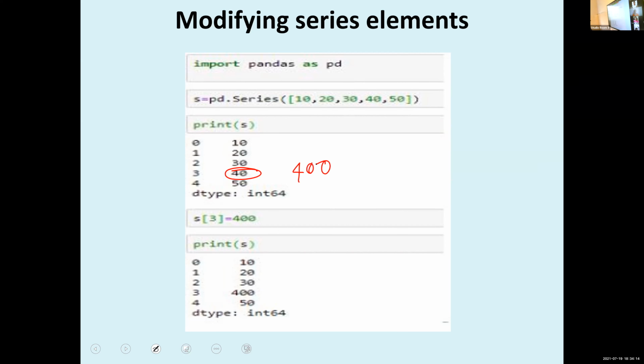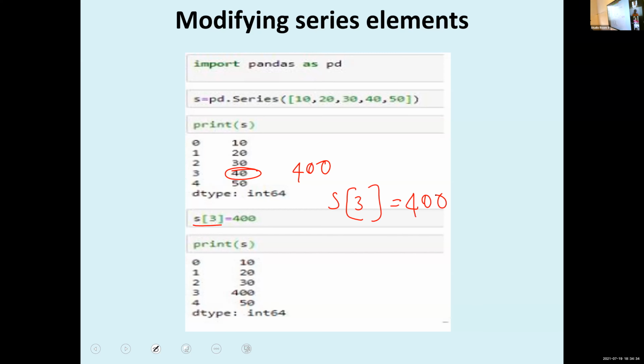What is the statement? We just give the new value to the particular index. 40 is represented using 3, so we assign S of 3 equal to 400.